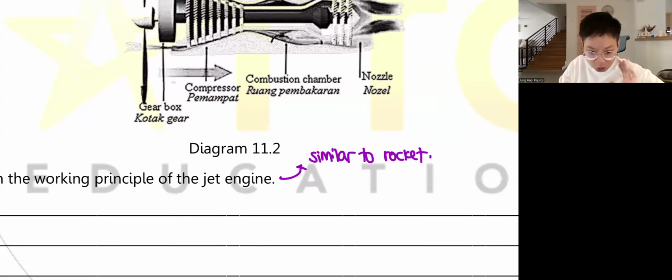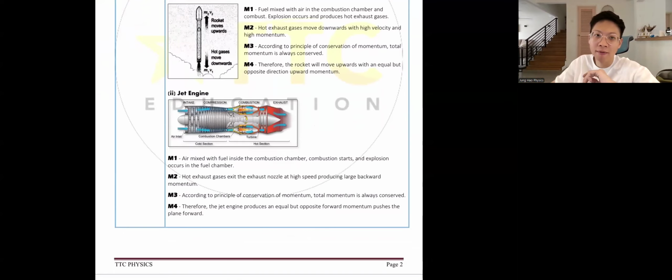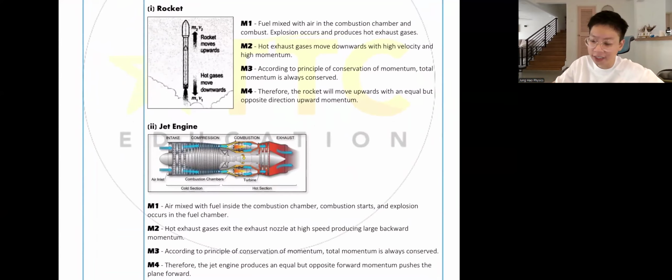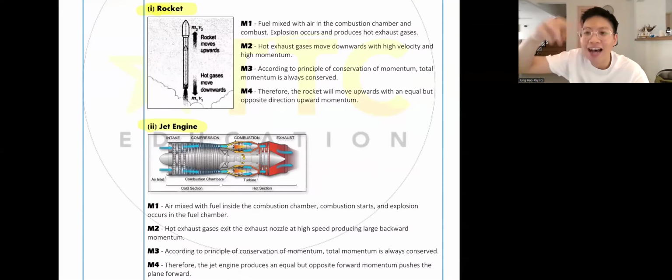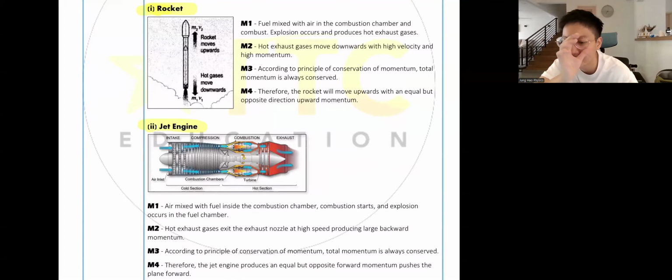Okay, let me show you this thing. Guys, if you have the book, can you just quickly flip to page 2? Page 2 here. I want you to look at this rocket and jet engine. I want you to quickly just look at this rocket and the jet engine. Can you tell me? This one is a bit similar to last year. Wow, this Yan Kai has very sharp eyes. Now can you tell me what is the difference between the rocket and the jet engine answers? Is it similar, guys?